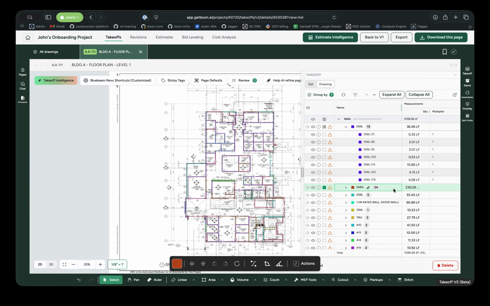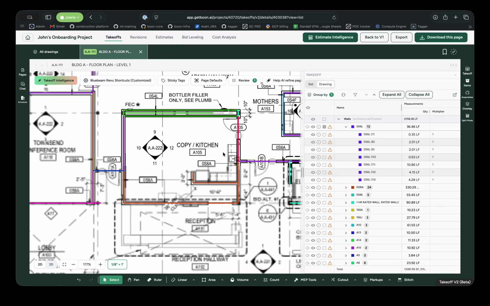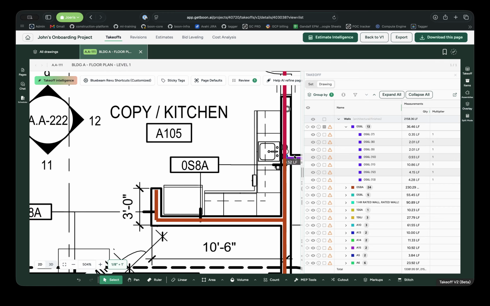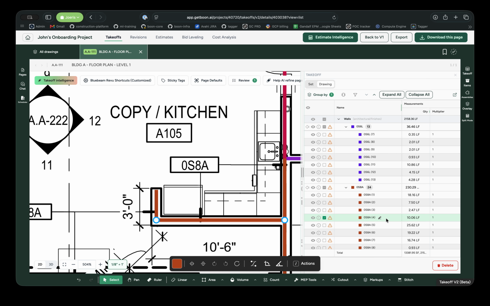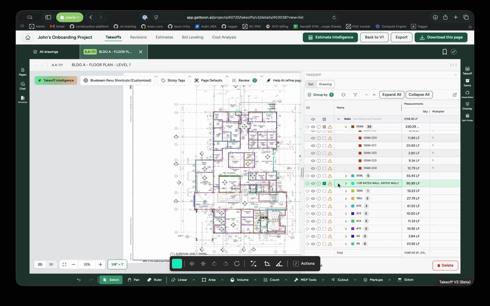Then the next ones are OS8A, also correct, as you can see here. OS8A are these red ones. Yeah, let's keep going. The great part is we also now added